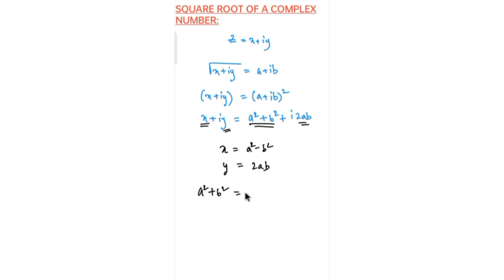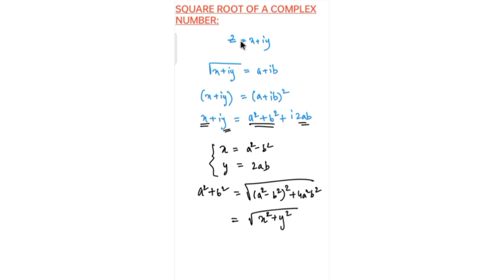So a square plus b square is equal to, we know this, that is (a minus b) whole square. Sorry, this is a square plus b square, right? So a square plus b square is equal to the square root of (a square minus b square) whole square plus 4a square b square, isn't it? Because (a square minus b square) whole square is a power 4 plus b power 4 minus 2a square b square, and here plus 4a square b square, so totally plus 2a square b square, that is (a square plus b square) whole square. So a square minus b square is what we have got to be x, and 4a square b square is (2ab) whole square, so that means it's y square. That's the reason I wanted to include these two terms. So that is x square plus y square.